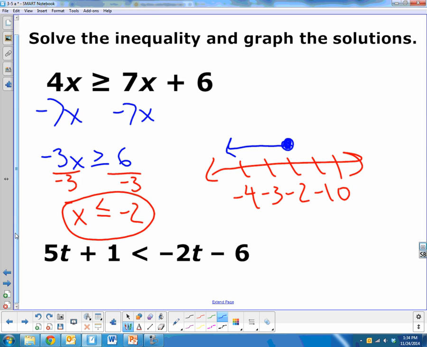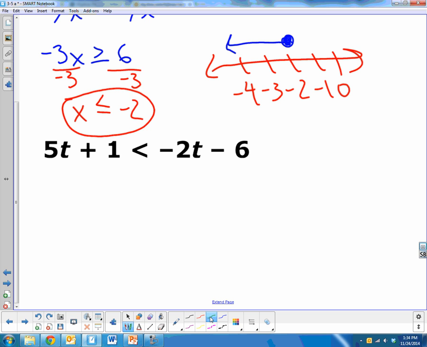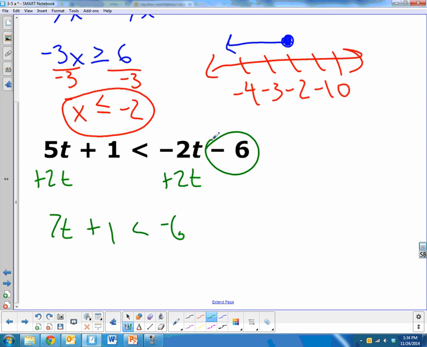Next one. Same idea. We'll solve for t. A variety of ways to get to the final answer here. Because I don't like negatives and I want to avoid them if I can, negative 2t plus 2t is 0. So I'm going to add 2 t's over here and get 7 t's plus 1 is less than negative 6. Remember that minus sign stays with the 6. And if you don't like that idea, you can always do your keep change, and you'll still have a negative 6. Now I'm going to minus 1 from both sides,